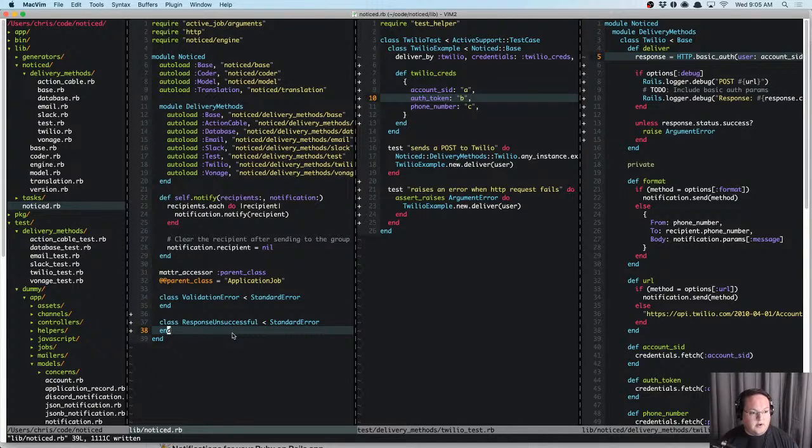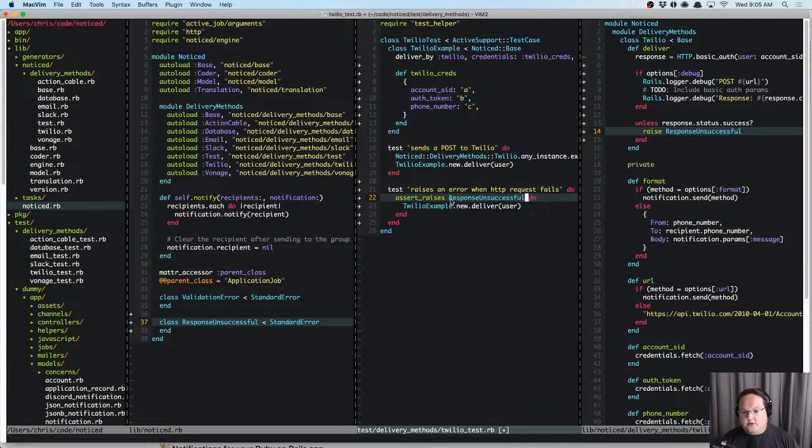So I'm thinking response unsuccessful is probably what we'll want to go with here, and we'll raise that there, and we're expecting it to give us back a Noticed response unsuccessful exception here. Now we are inside of the Noticed module here, so if we're lucky, this will find the correct Noticed response